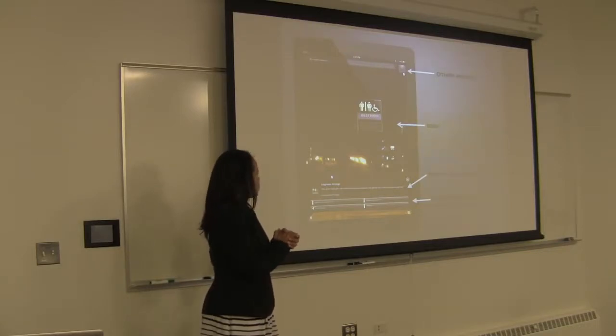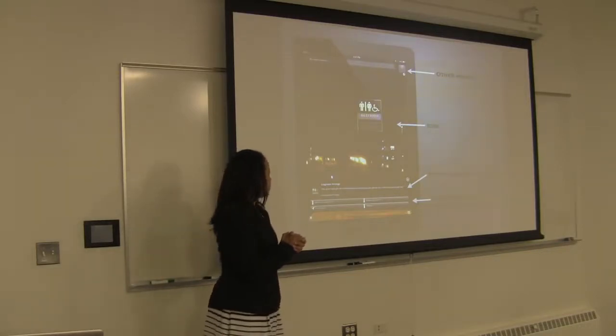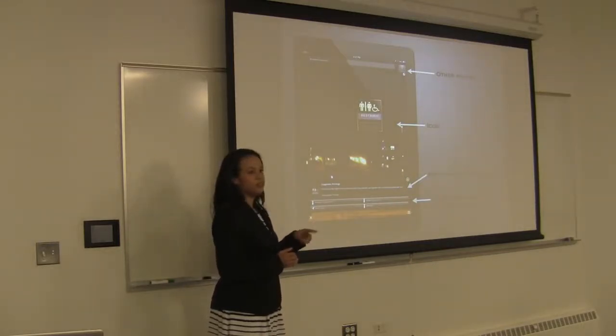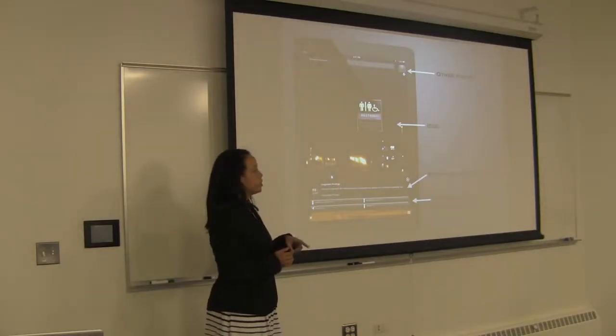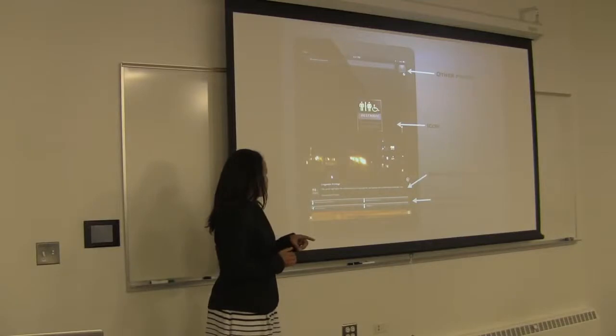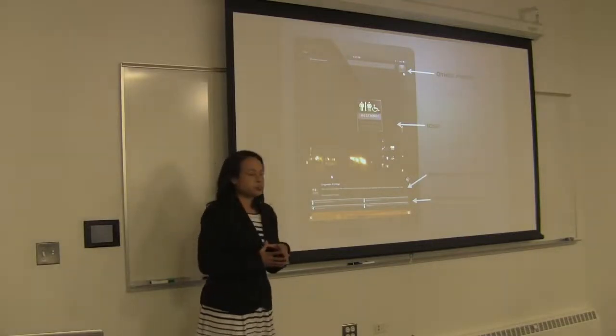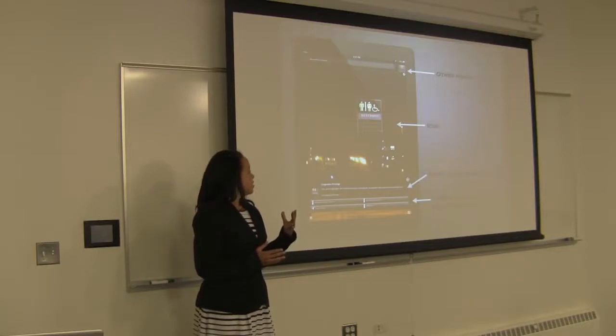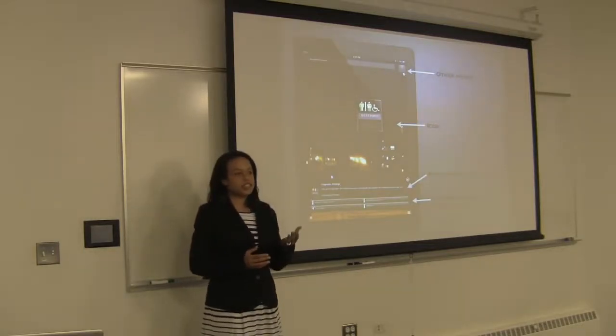So the resource points on this entry, I've included a link to the definition of cisgender, since I know that it is not a commonly used term and people might not be familiar with it, as well as an interactive Google map of all the gender-neutral restrooms on campus, which was created by an LGBT group here on campus, as well as the resources such as the ally groups and the checklist of cisgender privilege.